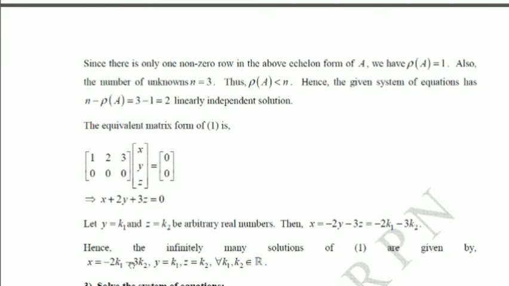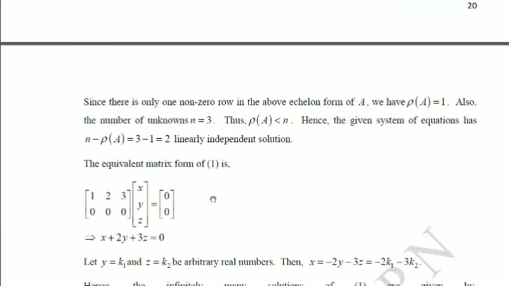Using those two only, you have written this one. So x equal to this, y equal to this, z equal to this gives you infinitely many solutions for k1, k2 belonging to real number R. Because R contains infinitely many values, you can give any of them except k1, k2 0 at a time. Even if you give k1, k2 0 at a time, simply x will become 0, y is 0, z is 0. That is the trivial solution. So like this, you can get all the values. That will be infinitely many. And that is your solution of the given system of equations.